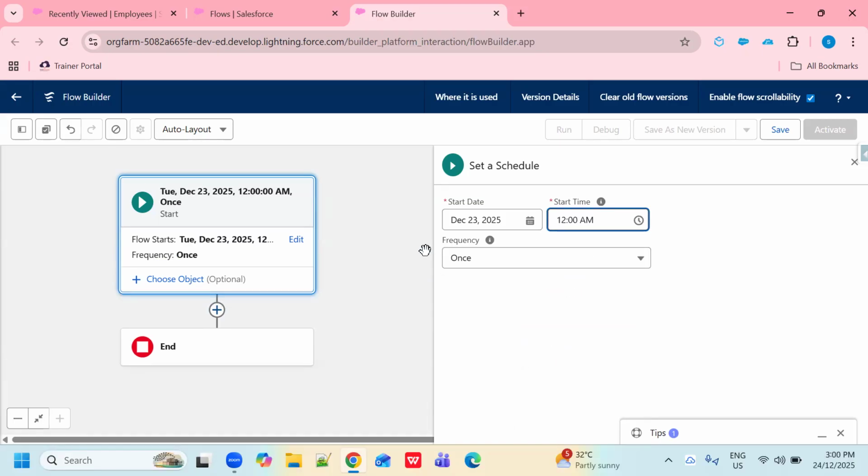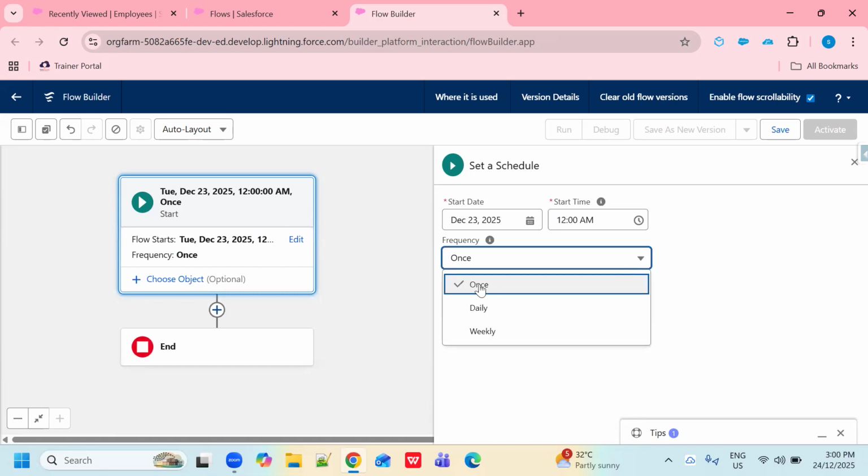What should the frequency be here? Once means it will execute only once. Daily means it will execute daily. Weekly means it will execute weekly. Because I want to send birthday wishes on a daily basis, I need to select this option. So I'm choosing the frequency daily.